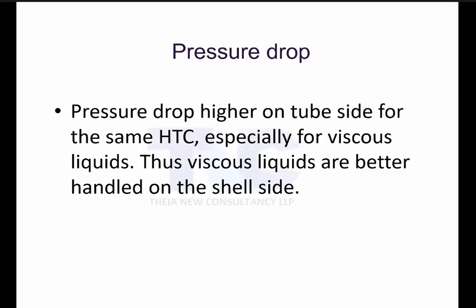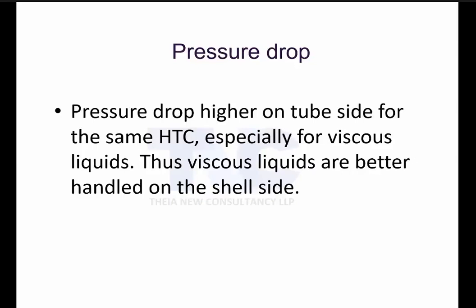Just think, it is water, it will flow fast. Why? The friction is very less, right? So the pressure drop of water is less. When there is more viscous fluid, you have more pressure drop. So always remember, when there is a viscous fluid, if you send it in the tube, the areas are already small, so you will have more pressure drop. So when the fluid is viscous, it is recommended to send it in the shell side. Clear? So when the fluid is viscous, shell side.